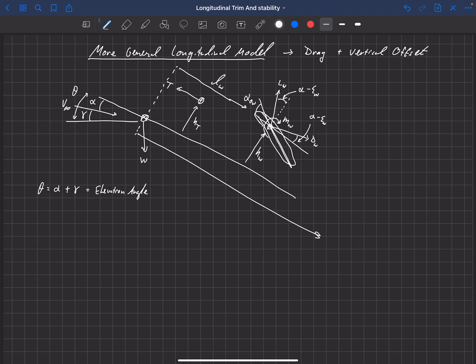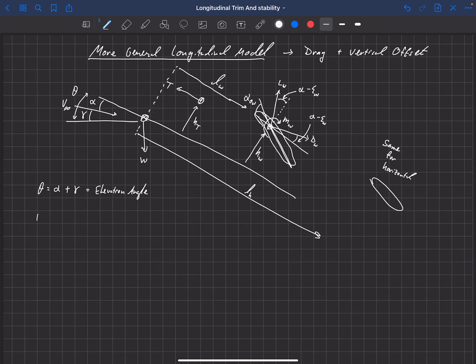And of course, we could add another wing back here. We'd have L sub h, the horizontal, and I'm not going to work through this, because the math is identical. So the free body diagram is the same for the horizontal. And actually you can add as many lifting surfaces as you wanted. If you wanted to have 3 longitudinal lifting surfaces, you could add them the same way. So this is just the general influence of a wing.